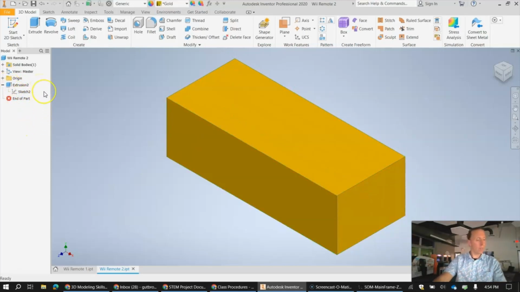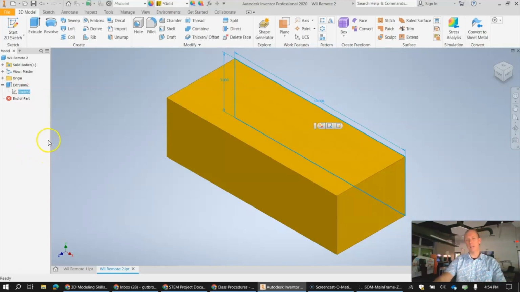Notice that when I left click this one time, it highlights what that's about. So this extrusion here was about when I extruded it. When you extruded it, we added like 4 inches or whatever. If I were to left click sketch 2, I want you to do the same thing, left click the sketch,